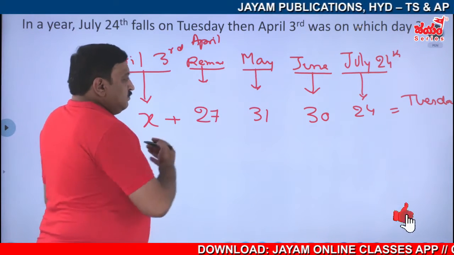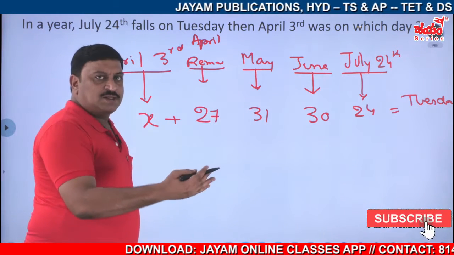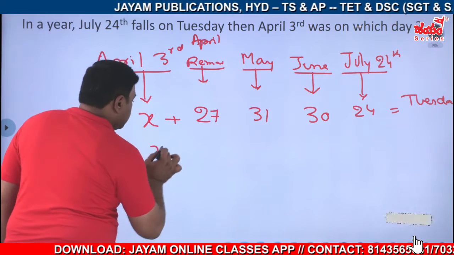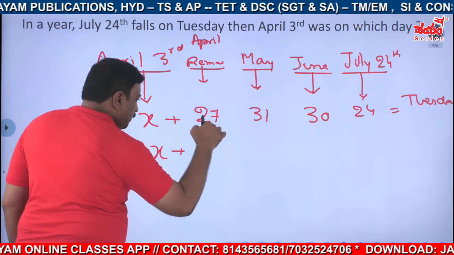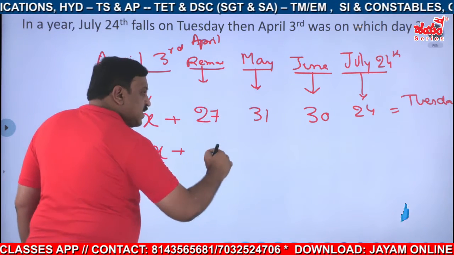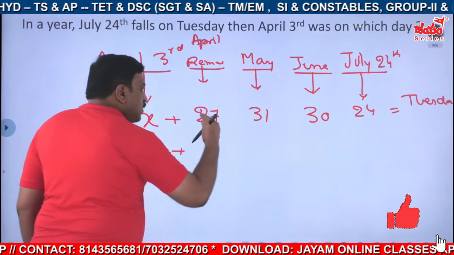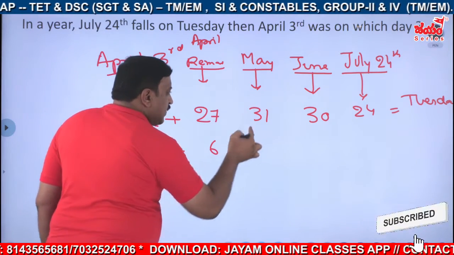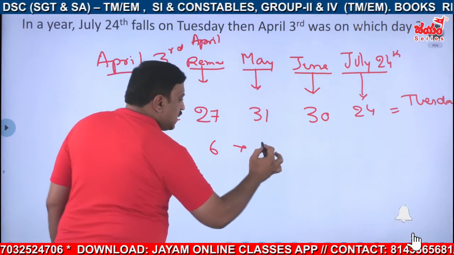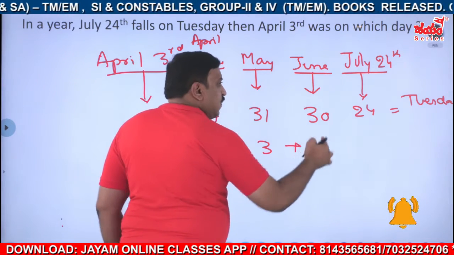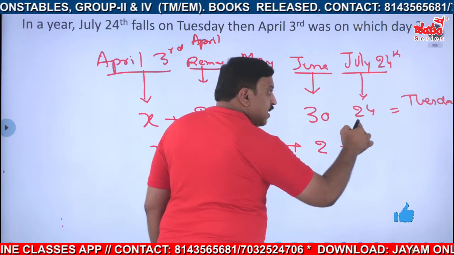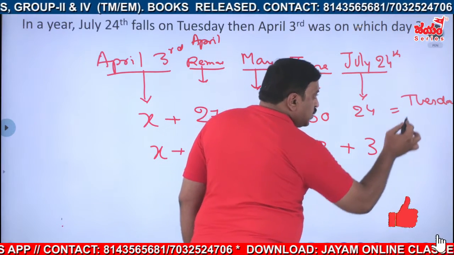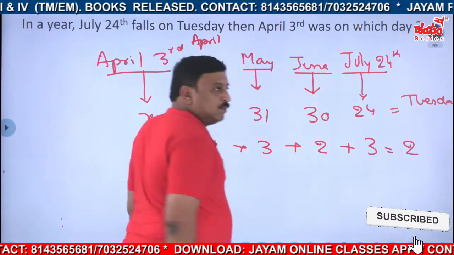Now, odd days calculation, get the answer easily, right? So let us see. Now, X plus. Just by seeing, you have to know, no need of putting pen on this one. 7, 3 is 21, remainder 6. 7, 4 is 28, remainder 3, right? 7, 4 is 28, remainder 2, right? 7, 3 is 21, remainder 3. And Tuesday, that is 2 over,